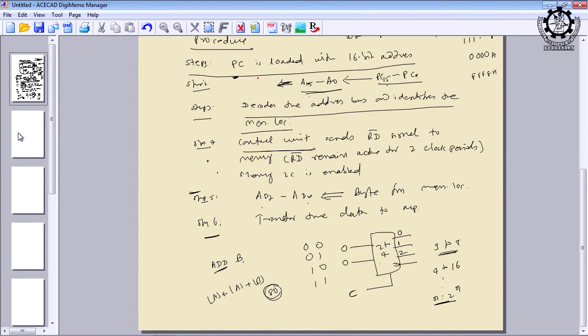So, why am I saying less likely to be used? There are two different schemes to address the IOs. One is called memory mapped IO, another is called IO mapped IO. In IO mapped IO, we can assign an 8-bit address which will be directly sent by the microprocessor to identify an input device. Whereas in memory mapped IO, we treat every location as if it is an IO device. So, accessing a memory location is the same as accessing an IO, but which is virtual or logical. In reality, there will be input output devices, but the address of those IO devices will be present in a memory location. So, what is the disadvantage of this?